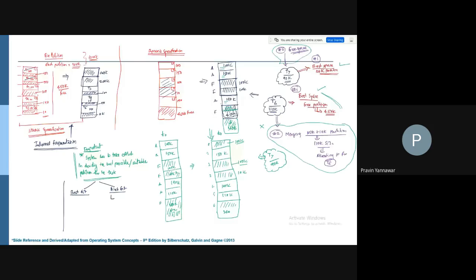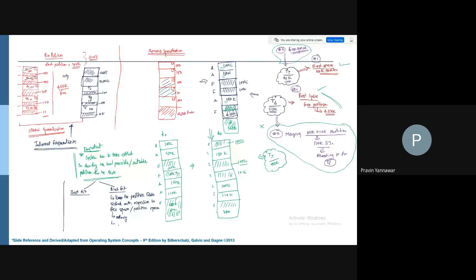So for this first fit, what you need to do is keep the partition table sorted with respect to free space, or again partition space.